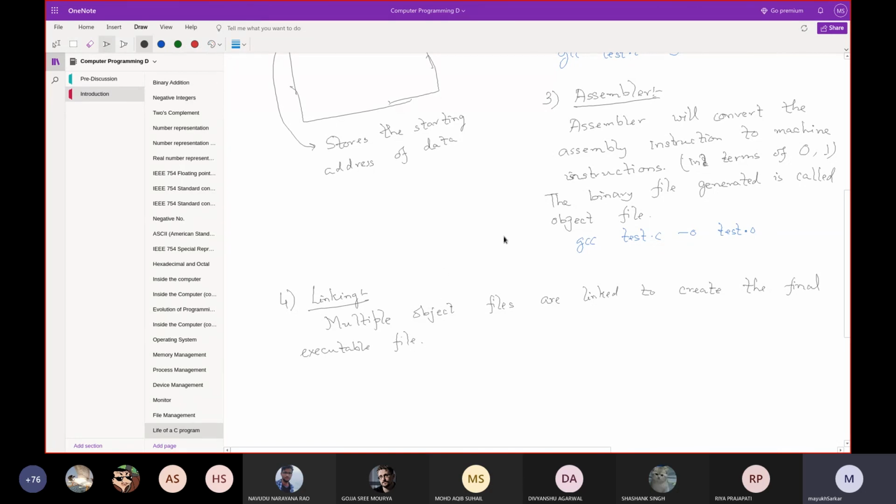I'll discuss this step and I'll show it with two C files which are dependent on each other. I'll show that those two individual C files cannot create the executable file. Each of them will create an object file, and then by linking them we will finally create the final executable file from those two C files. I'll show that tomorrow because it is already stripped. So this step I'll show tomorrow.